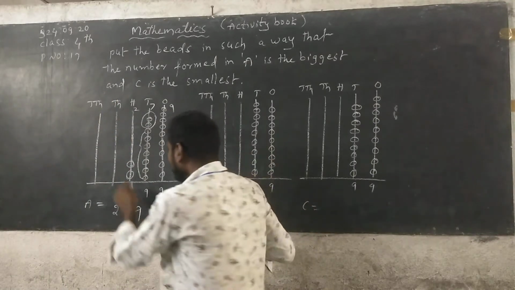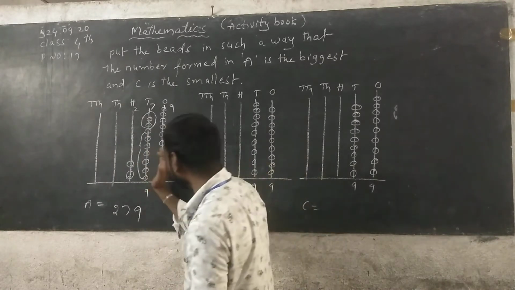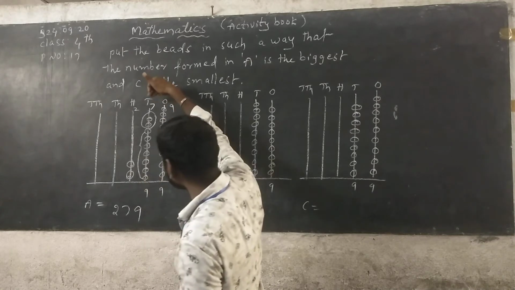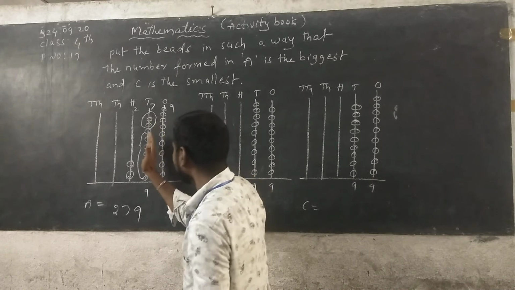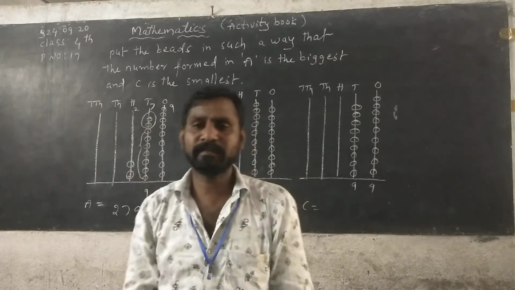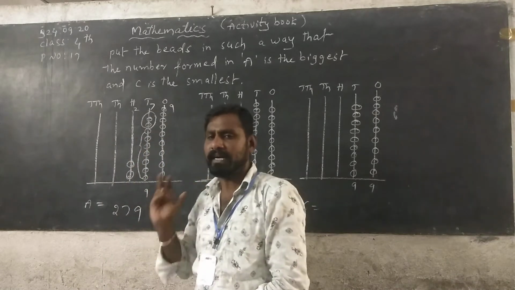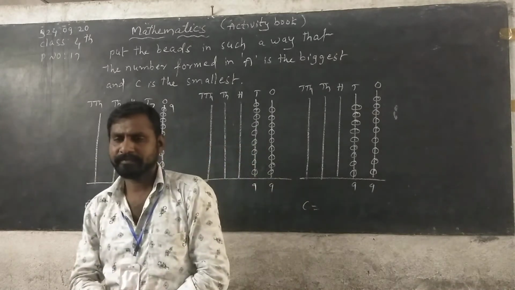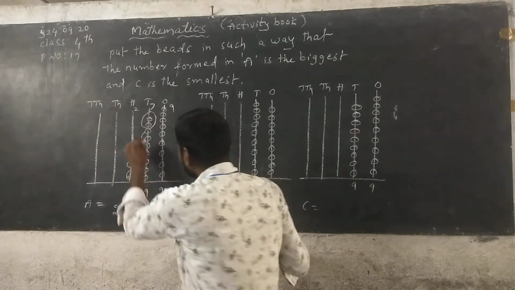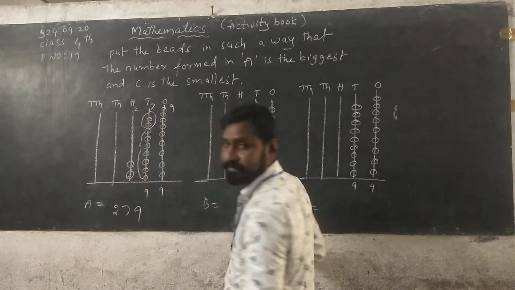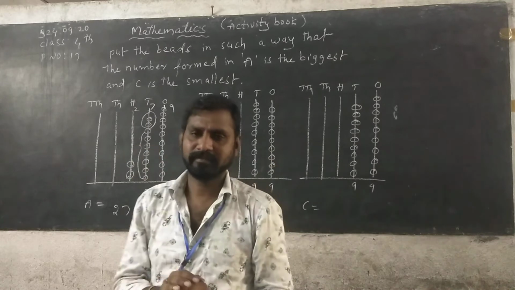So now 7 beads in tens place. Listen carefully. 2 beads in hundreds place. 7 beads at present in tens place. Means we have taken 2 beads from tens place to hundreds place. So total 9. I have to take 2 beads from tens place to hundreds place. How many beads are left in tens place? 7 beads. So then you can write here 7 beads. Now I can write 7. Now in ones place, nothing is taken, as it is.